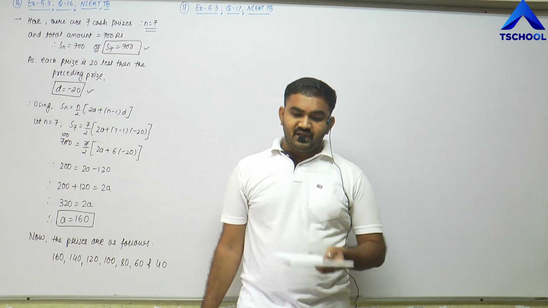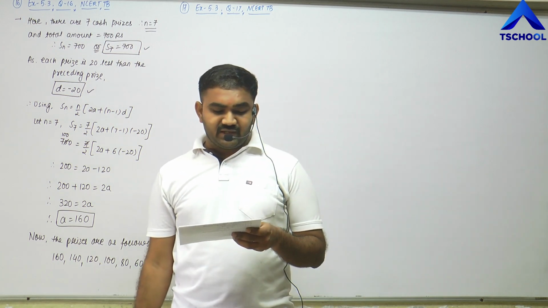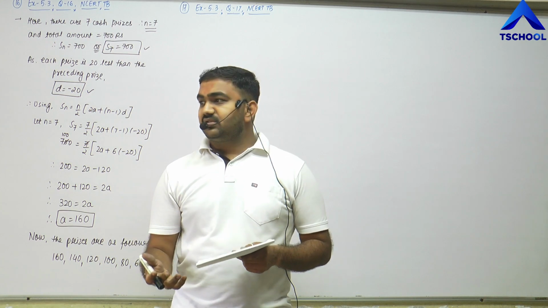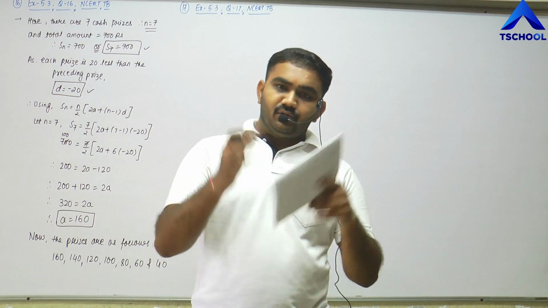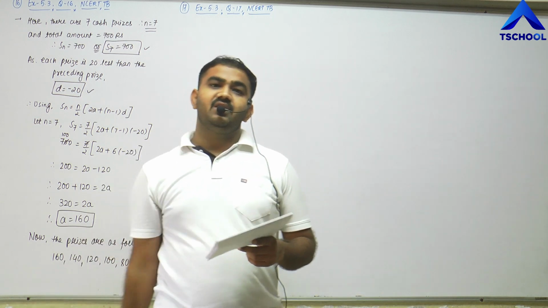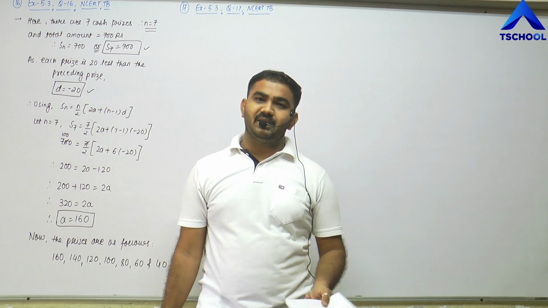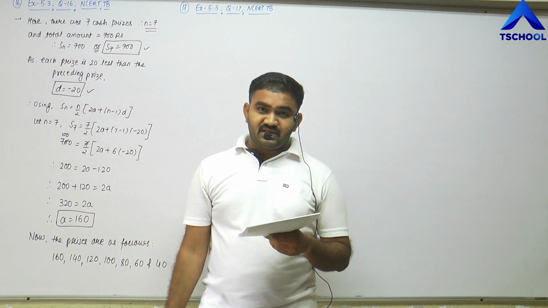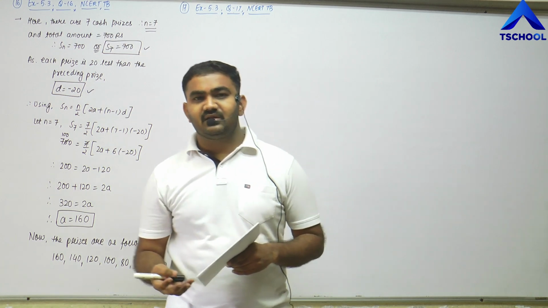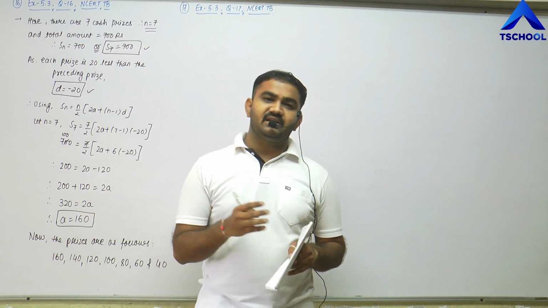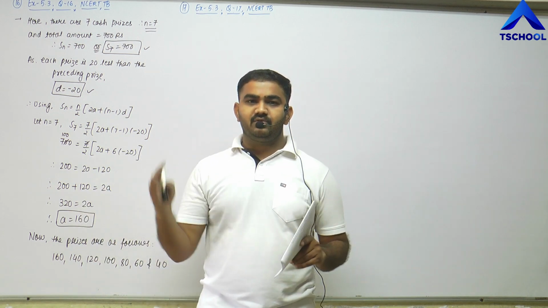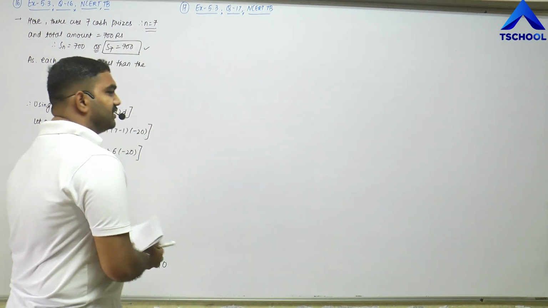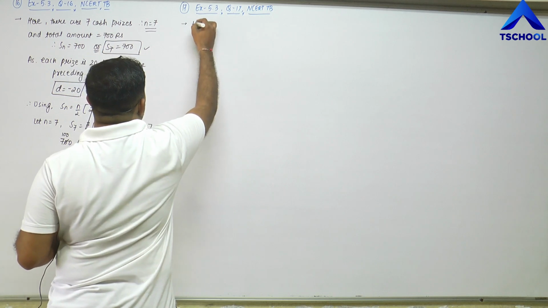That is, for example, if a student is studying in class 1, then the class will plant 1 tree. If it is a student of class 2, then that whole class will plant 2 trees, same up to the 12th class. So the students of 12th class will plant a total of 12 trees. There are 3 sections in each class. That means 3 sections of class 1, 3 sections of class 2, 3 sections of class 3, and so on up to 3 sections of class 12. How many trees will be planted by the students? So we need to find out the total trees here.